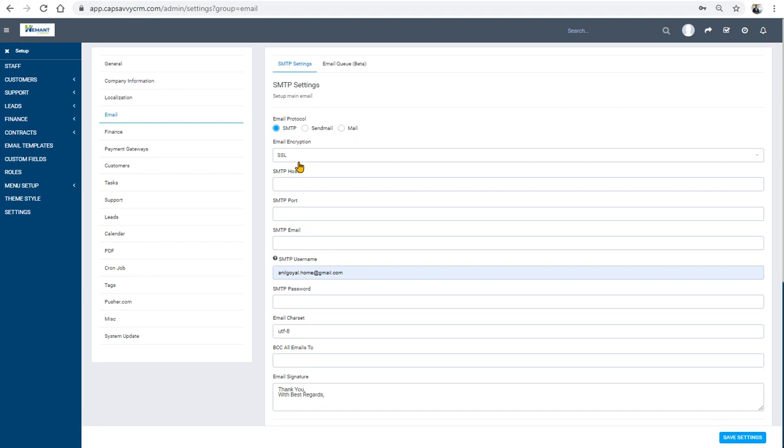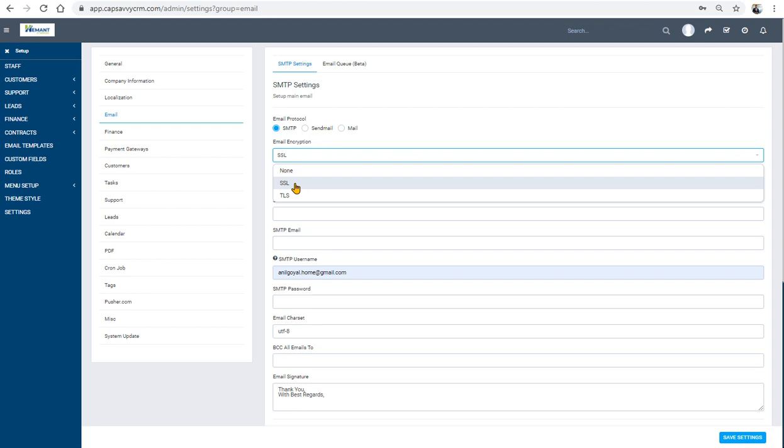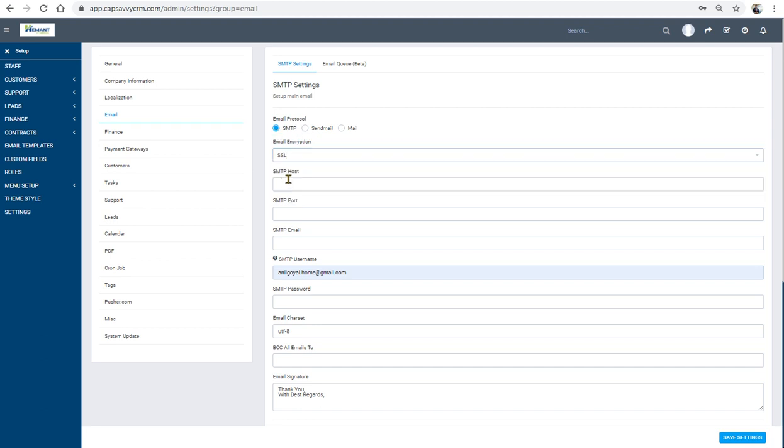Now we come to email. Email is very important, please pay attention. If you are using a Gmail ID, it is a little complicated because Gmail has its restrictions, so we need to first mitigate those restrictions. If it is your office email ID, it is very simple. First I'll use my office email ID just to show. Use SSL or TLS, whatever is for your office email ID. Take SMTP and then SSL.